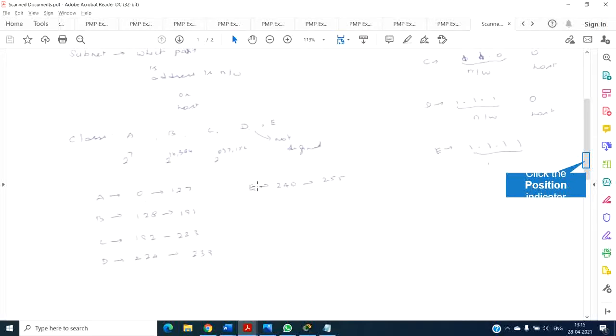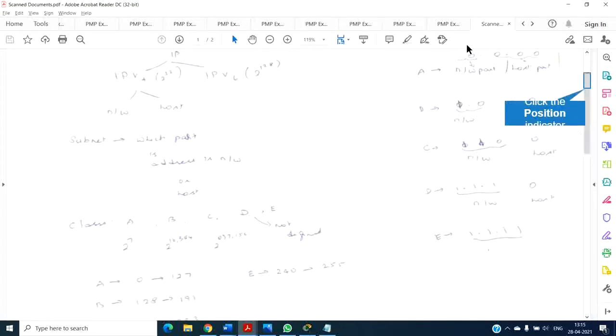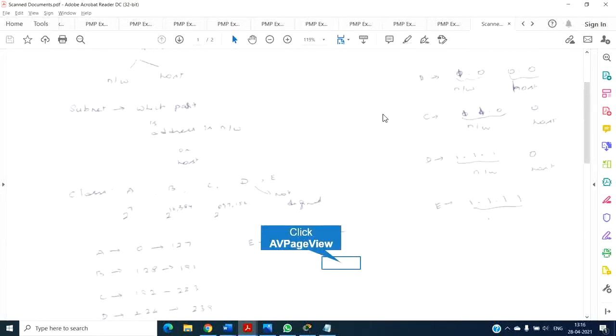The other 3 octets of class A will contain the host information. So the network part for class A is only in the first octet. I'll provide this information here. So for class A, the first part is the network part, and the next 3 parts are the host part. Now class B is in the range from 128 to 191. There the first bit, which was 0 in class A, is converted into 1. That is how we define class B, where the first octet starts with the bit 1.